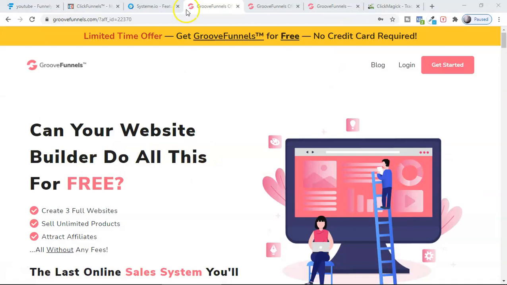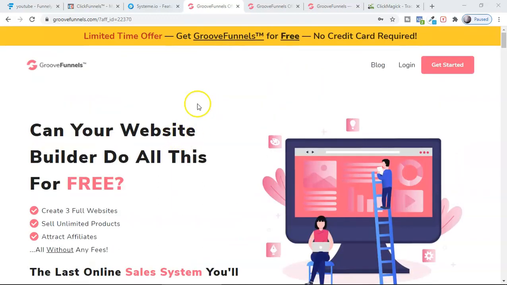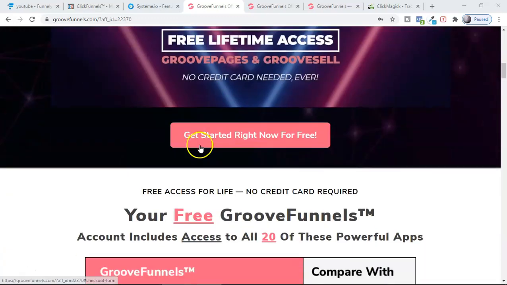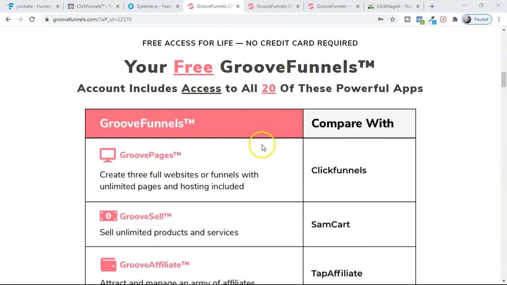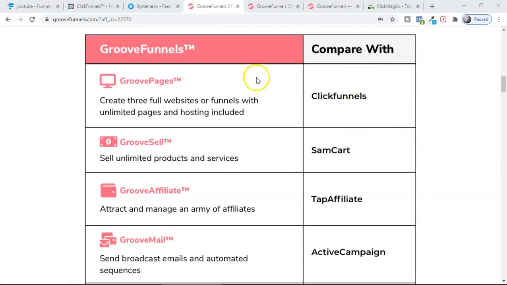I also want to share with you this software called GrooveFunnels. So this is amazing and free, guys. If you're looking for a free sales funnel builder or quiz lander, this is again free for a lifetime. That's right, that's completely free. And this can help you create sales funnels like ClickFunnels. Okay, they took the best features of the software and integrated them in one platform.